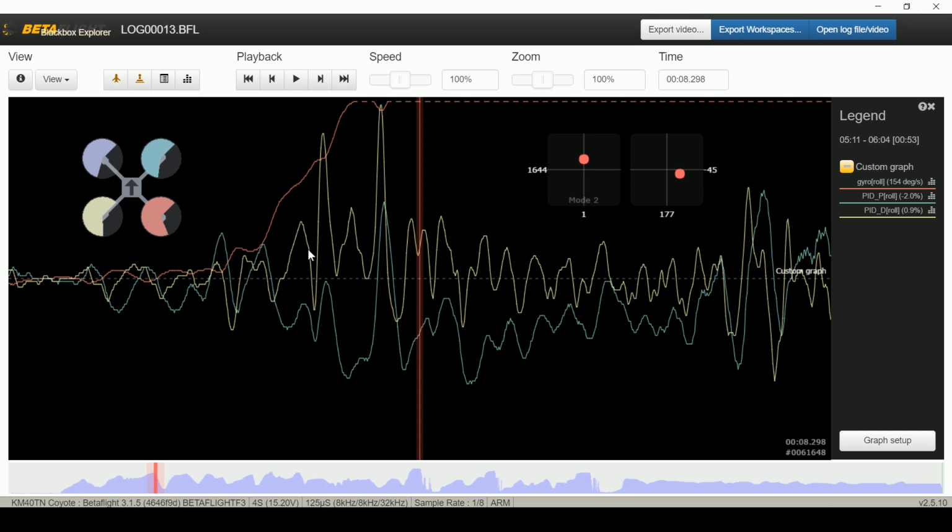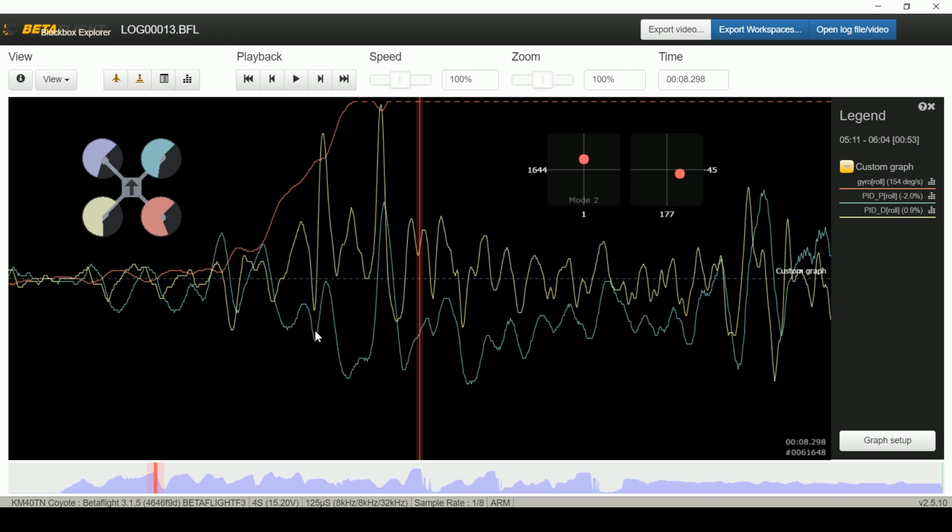A D term, a derivative, in the same way that an integral is essentially a low-pass filter, a derivative is essentially a high-pass filter. And what that means is that it lets through all the crazy spikes, and it isn't affected by the lower magnitude stuff. Essentially, that means it amplifies noise. So as noise is happening in the system, the D term will amplify that,